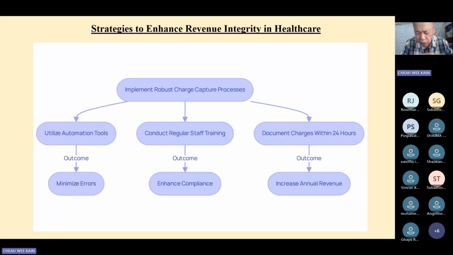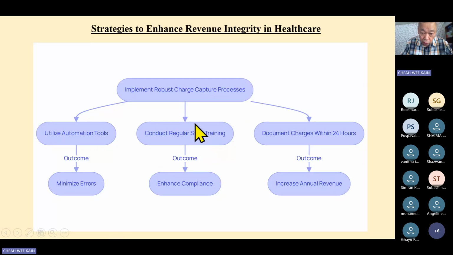Now, in many hospitals, what they have is a job order number. One patient, one time coming in, is one job number. And for each job number, anybody who does anything will put the cost into the job number. The hours, the supplies. At the end of the day, you can print out the job number, what has been done, and then the accounting department puts in the money, and that is the final bill. So you need to train your people not to forget to put in what they have done or what they have given in the job number.